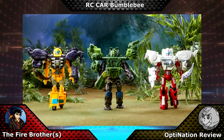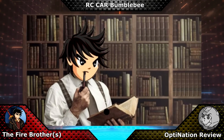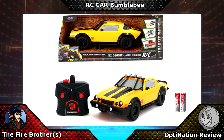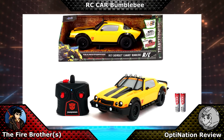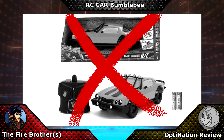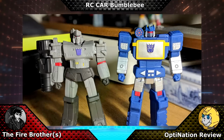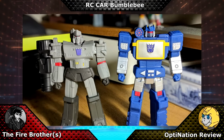Yeah. Okay, so first off, we're going to be talking about each of these figures individually. I think the first one on the list is this one right here, the Arcee Car Bumblebee that came out very recently. It's one of those non-transforming figures. I typically don't like those, but if I was a little kid, an Arcee Car Bumblebee would honestly be something I would really want. Yeah, to be honest, I don't really like non-transforming Transformers because they're called Transformers. If they don't transform, then...